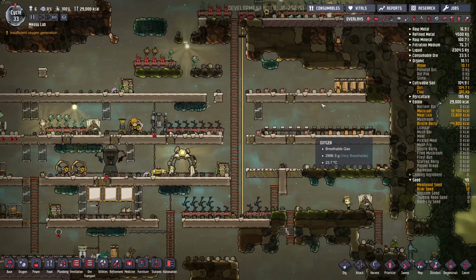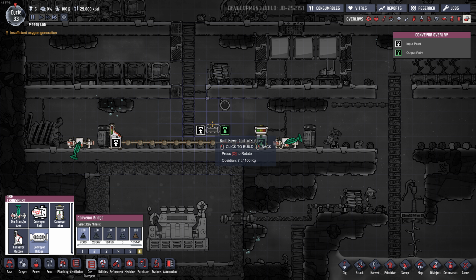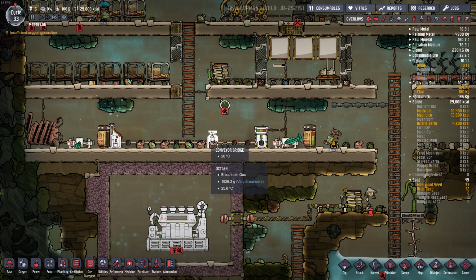That's all under ore transport. So you got your conveyor inbox, your outbox, your conveyor rail, which is the actual belt, the ore transfer arm, and then the conveyor bridge allows you to build over top of. So if you wanted to crisscross some conveyor belts, you could do that. I haven't played around with that yet, but